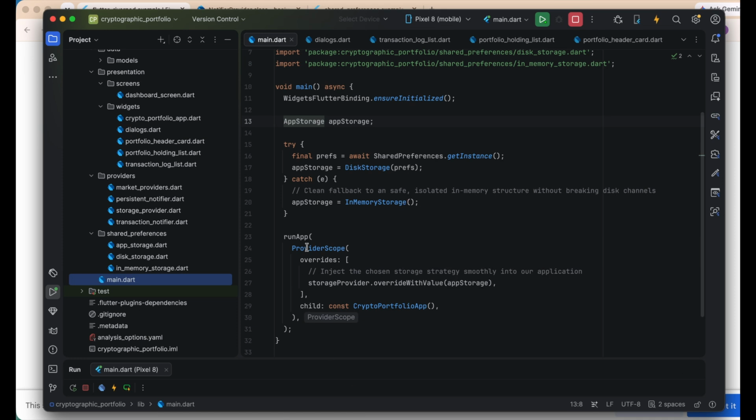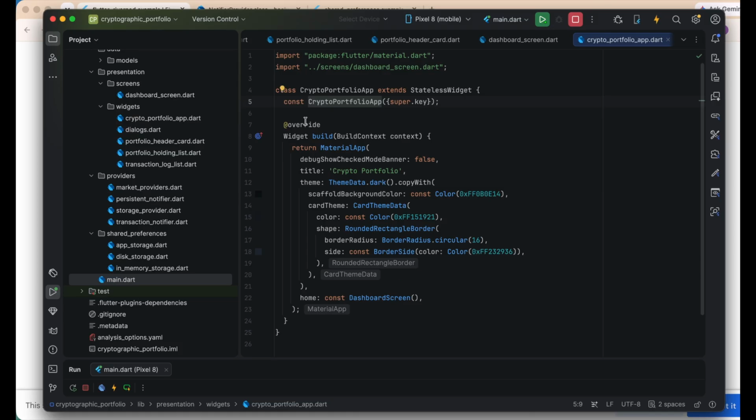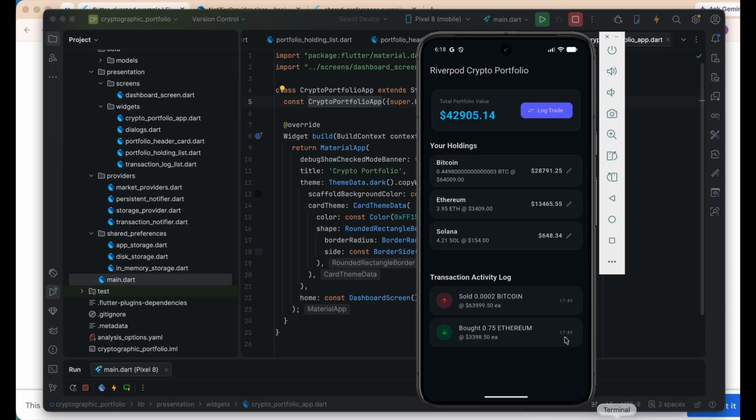And then for here we are passing CryptoPortfolioApp. And this is CryptoPortfolioApp. We're returning the dashboard screen in the home property of MaterialApp. So I don't know, what else do I need to talk about? I think that's all for this. And then in the subsequent tutorial we're going to